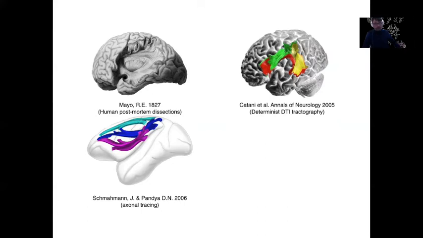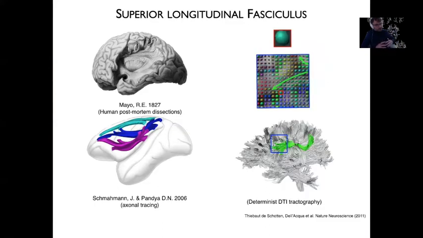So I did my postdoc with Professor Catani. The first thing that I did was try to look at all the connections that could go from the frontal to the parietal lobe. And no matter how hard I tried, the only connections that I could see were ventral connections between the ventral frontal cortex and the ventral parietal cortex. At that point, you might think, oh, this is maybe my paper: there is no dorsal connection at all in the human, and we're very different from monkeys because we have fewer connections compared to them. And that would explain why we're so bad at spatial tasks compared to monkeys.